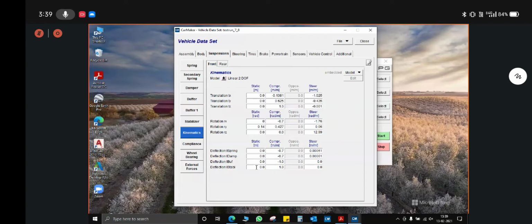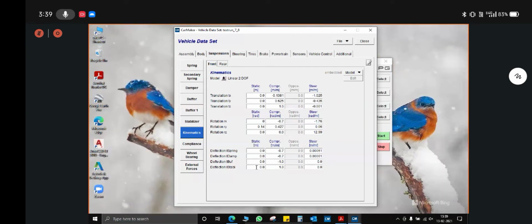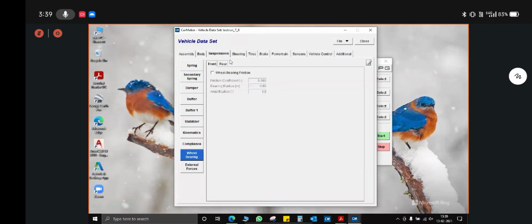Compliance has to be left default. Wheel bearing friction, you can define for front or rear, or you can leave it as default. External forces has to be left as default. Steering, 2 options: static steer ratio based on angle, or dynamic steer ratio based on steering torque. Okay. Then tires, currently you can leave it as default for the basic run, or else Vasant has already covered the part where you can generate your own tire, or else at a later stage the Baha will also be providing a tire file for the teams who want to use that and don't want to design their own tire.